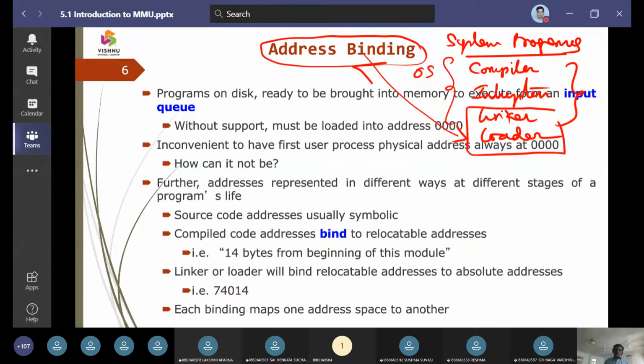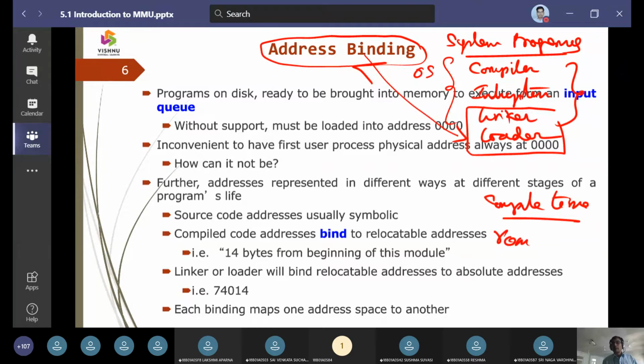So the number of memory locations a source program has to be allocated, that is going to be taken up. So we have some compile time, and we have some runtime.